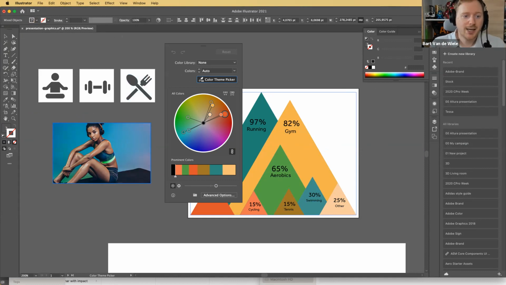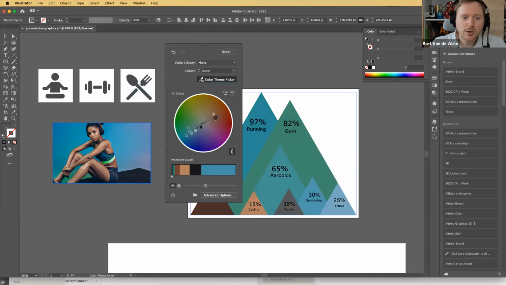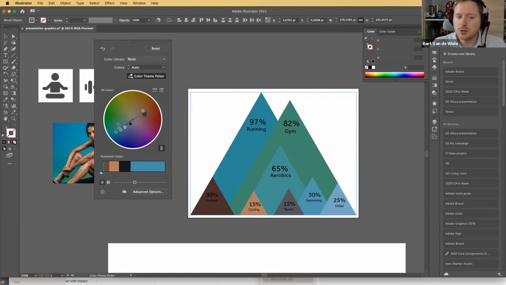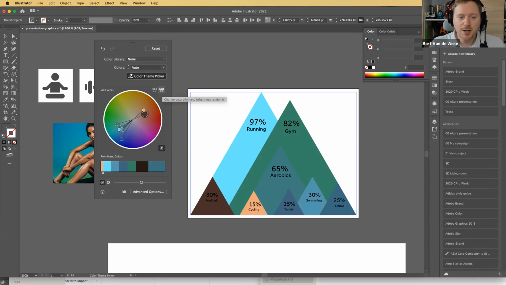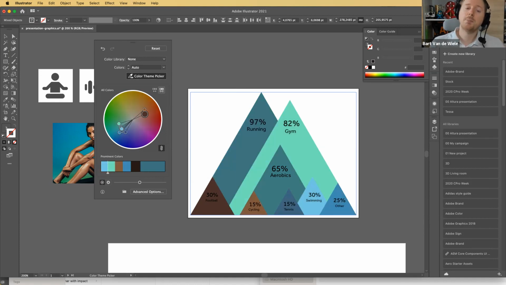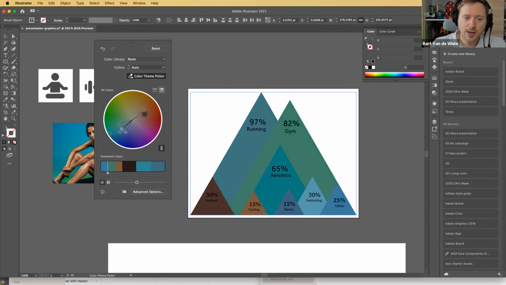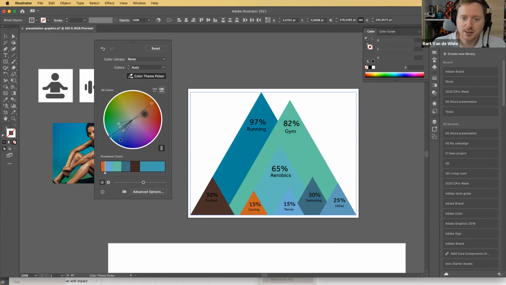So I can go ahead and then just select that picture, and it will load in the color theme of that picture. Now, as you can see, the emphasis here is on the blue color. That's because the blue color here is larger. So this means that I can go ahead and start to randomize how these colors are now being applied onto this graphic. Now, if you do find something that you like, again, I'm just going to randomize this a little bit here. Like if you do find something,